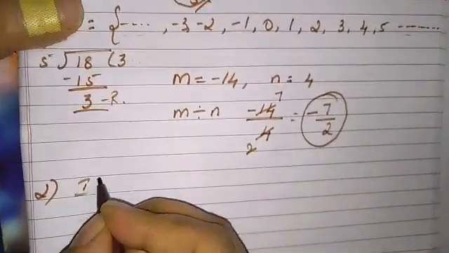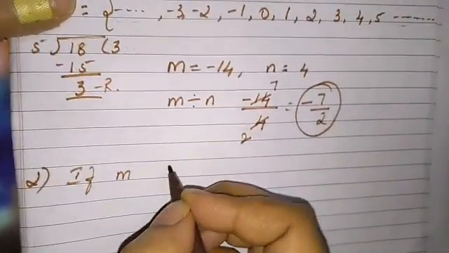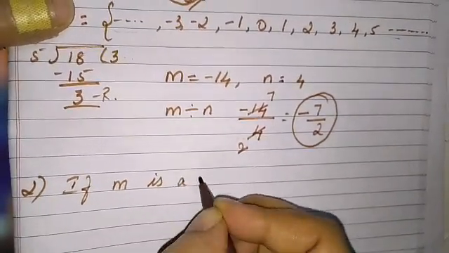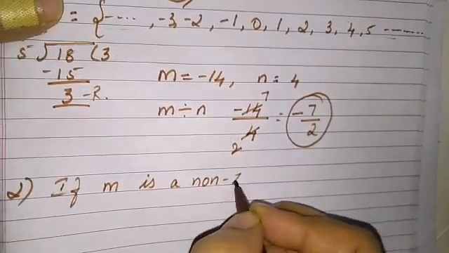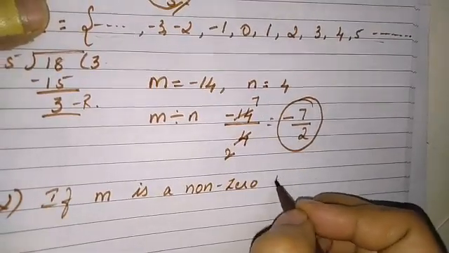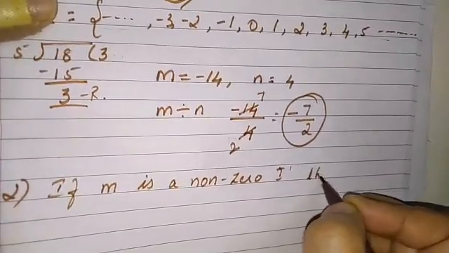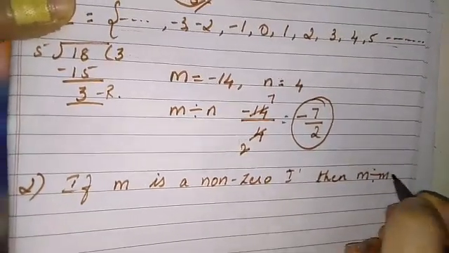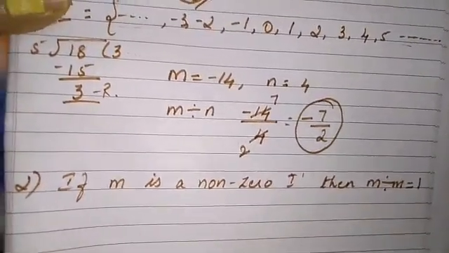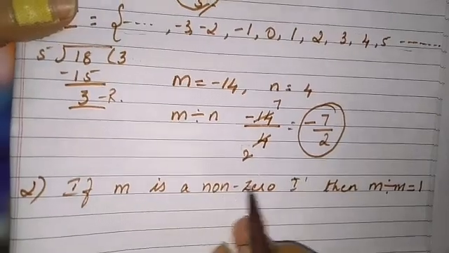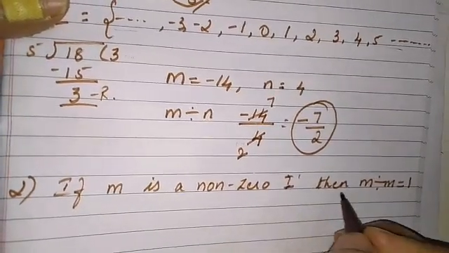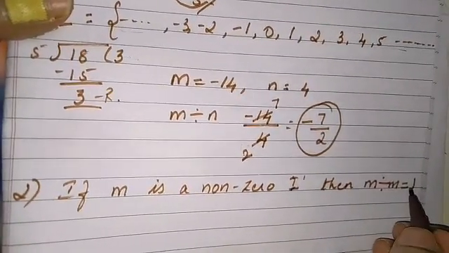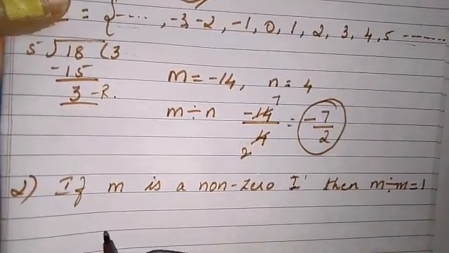The second property of division says if m is a non-zero integer, then m divided by m should be equal to 1. Let us now see this. If m is a non-zero integer, then m divided by m should be equal to 1. Let's check this